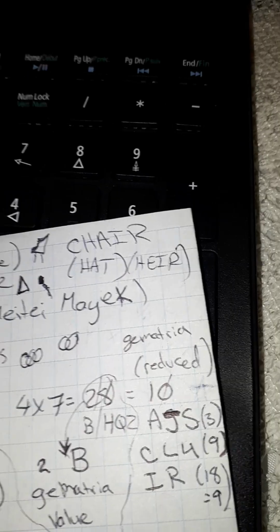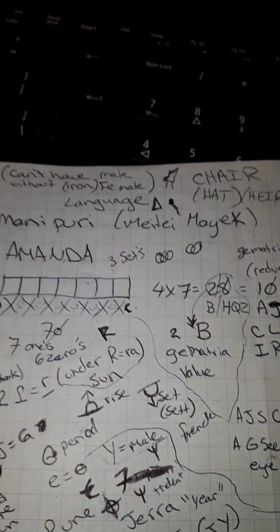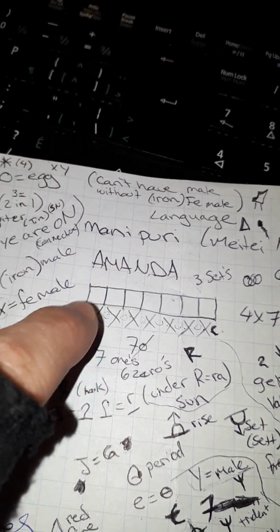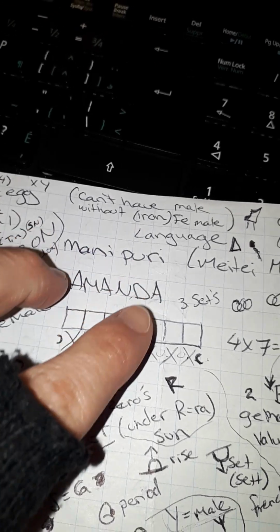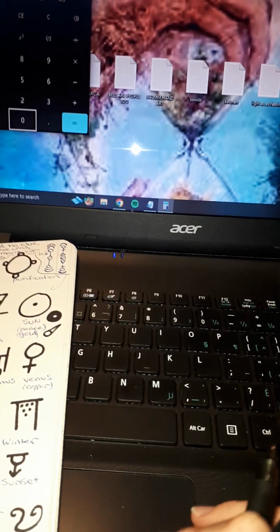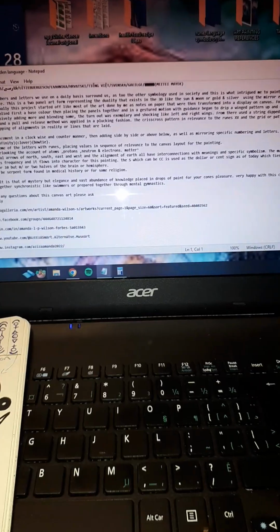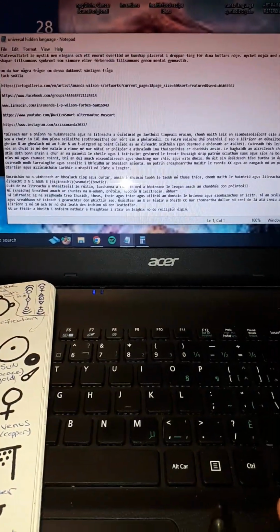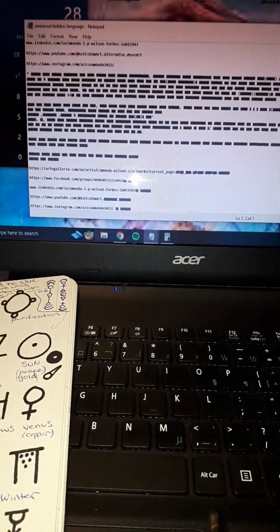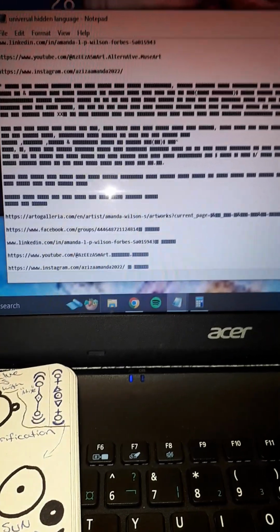So yeah, I thought that was really interesting. And literally, when you translate any English into this, oh, you gotta see it to believe it. I was like, excuse me? What? Okay, so I translated it all. And then this is what it gives me. On here, it looks like a blur, right? Look at that.